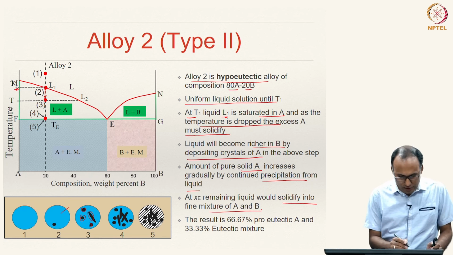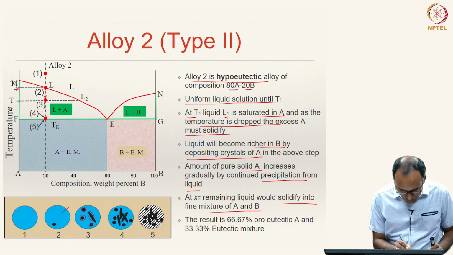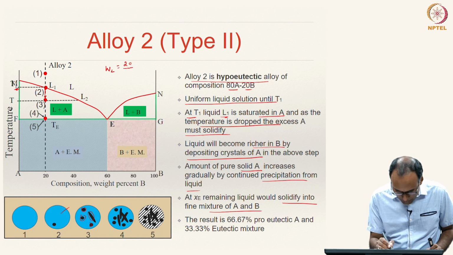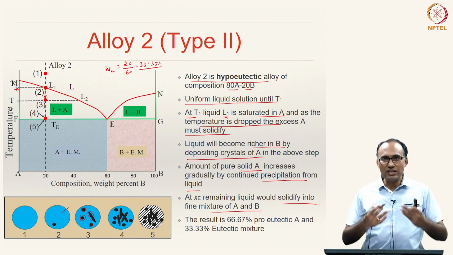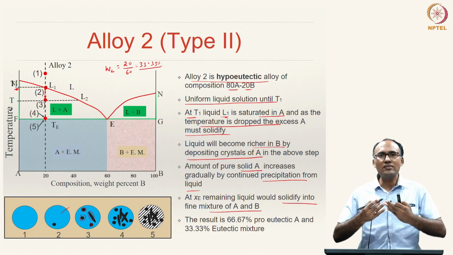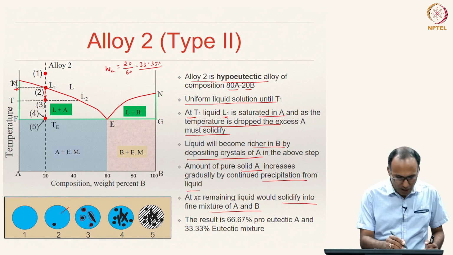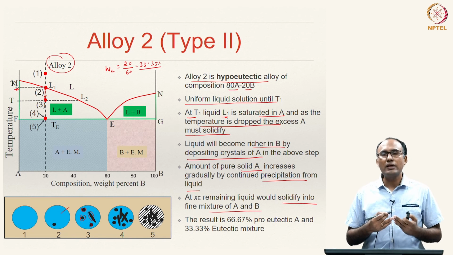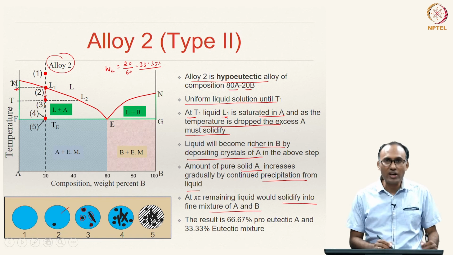And we have seen what the weight fraction of the liquid just above this point is. The weight fraction we have just now calculated is equal to 20 divided by 60, that is 33.33%. So, this 33.33% liquid is at eutectic composition at eutectic temperature, and hence it solidifies at that particular instance. So, if you have alloy 2, 33.33% of that alloy when solidified will be in the form of eutectic mixture of A and B. So, the remaining 66.67% would have already precipitated as A.